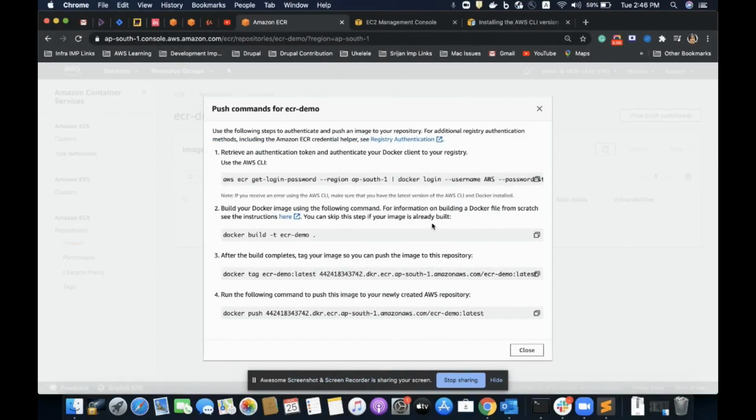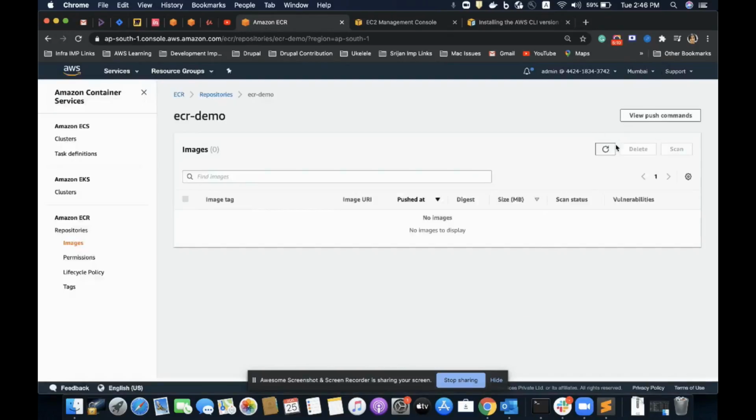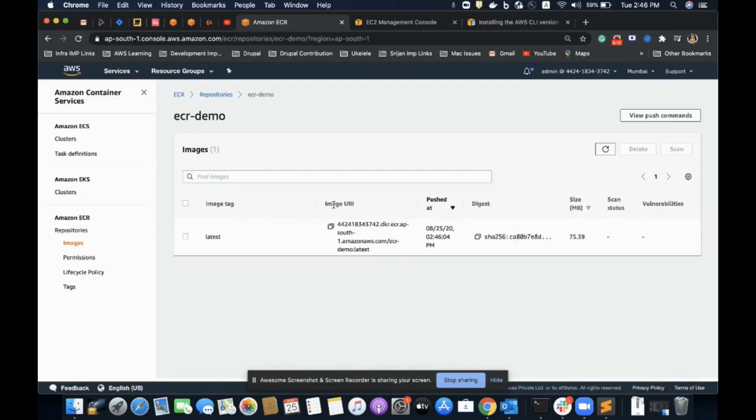Okay, so I have pushed the tag here. Let me close it and see if anything is reflected here. Yes, now I can see my Docker image with this URI and the latest tag.